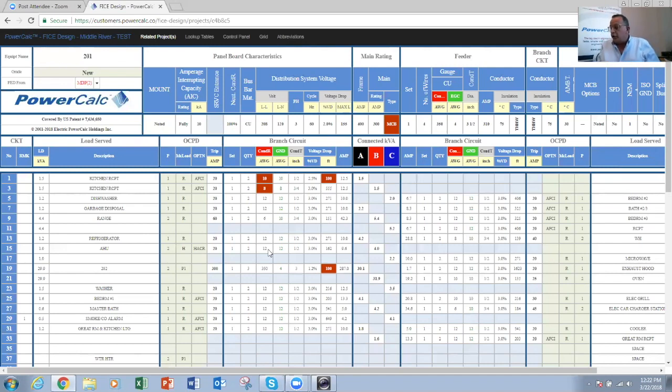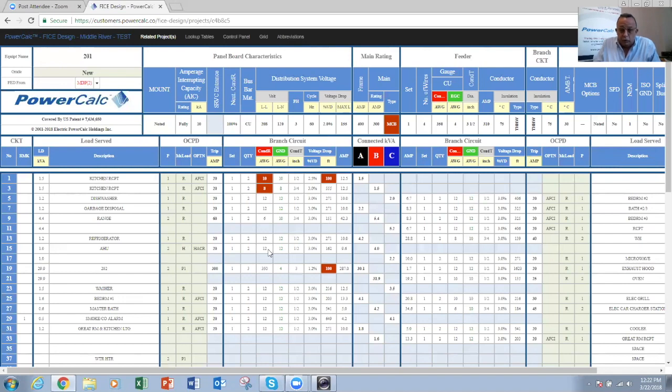Now, short circuit current rating, SCCR, is a rating on a component or an assembly representing the maximum level of short circuit current that said component or assembly can withstand without sustaining any substantial damage. So AIC is the rating of the device, overcurrent protection device,